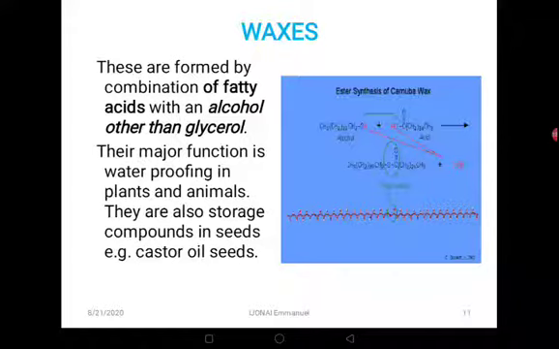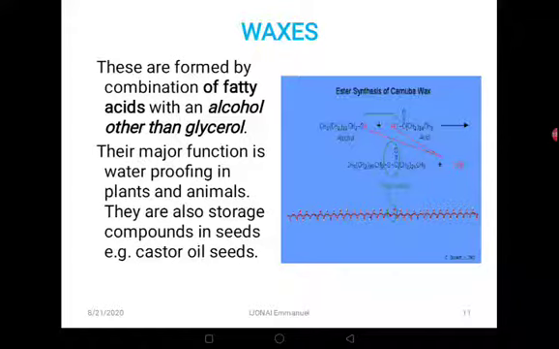And there are also storage compounds in seeds, e.g. castor oil seeds. You have probably seen wax in many plant leaves. You say they have a wax cuticle. It means they contain wax which waterproofs the leaf surface. An example is the one for